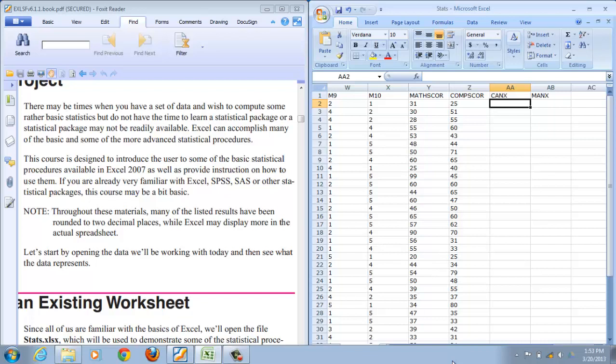There might be times when you have a set of data and wish to compute some rather basic statistics, but you don't have the time to learn a new statistical package. So Excel is here to help you accomplish many of the basic and some of the more advanced statistical procedures. The aim of this course is to introduce you to some of the basic statistical procedures available